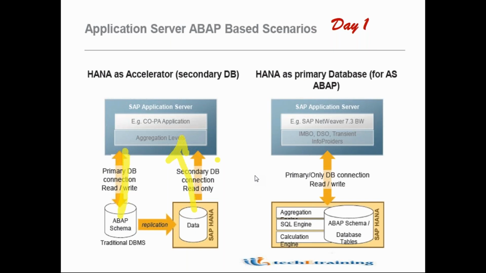Here in the application server, with HANA as the DB, you can have CDS, AMDP, and HANA ALV. These are the artifacts you can implement when HANA is the primary database. When HANA is a secondary database, we implement ADBC and AMDP and get the data from the secondary HANA database server. From the primary HANA database server, you can implement all the HANA artifacts directly. So are you following me? I'll show you some system demo also.